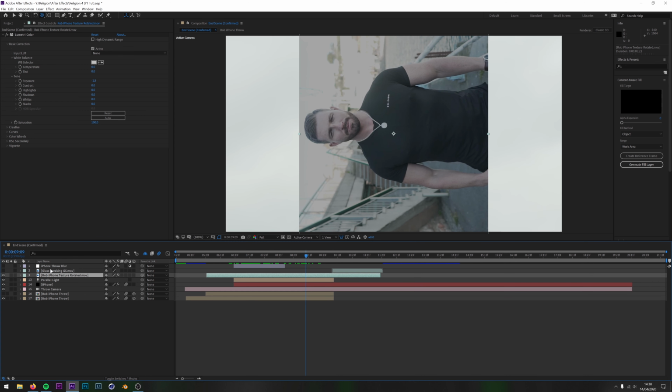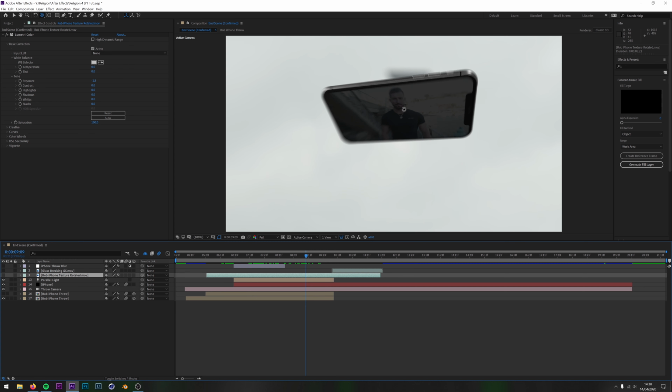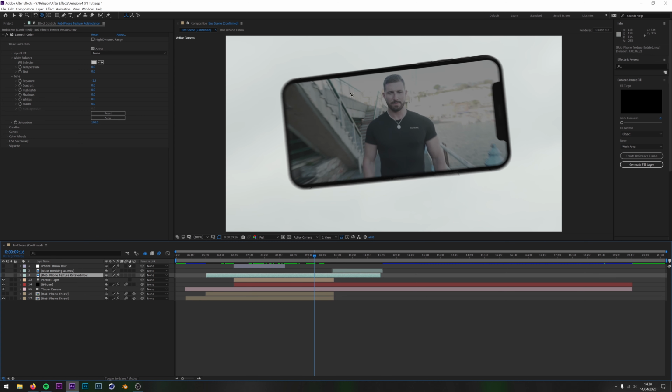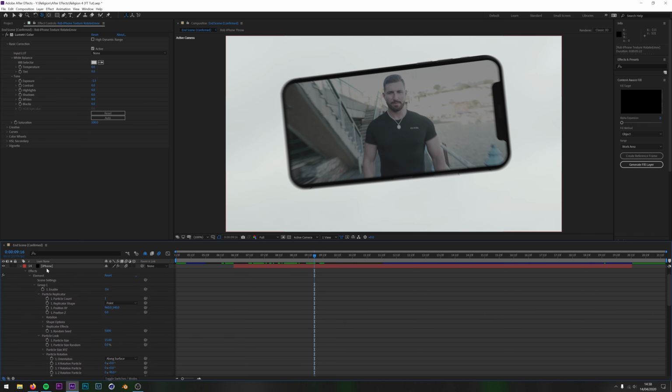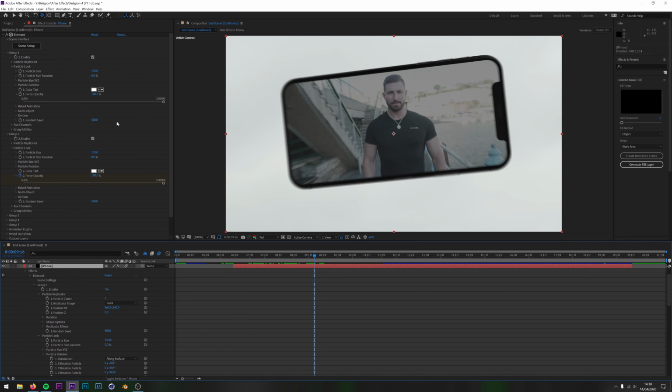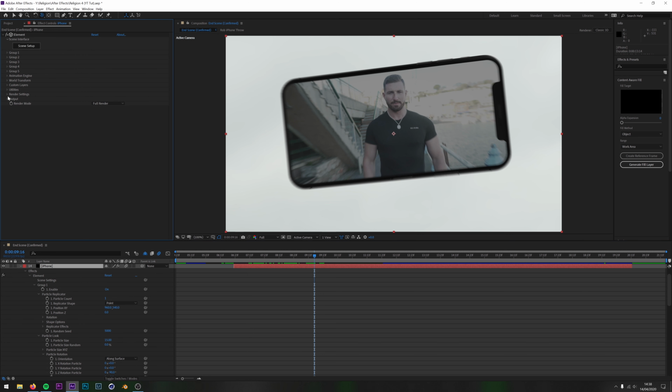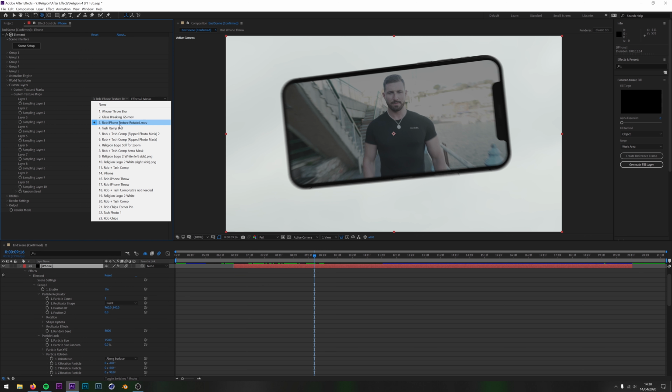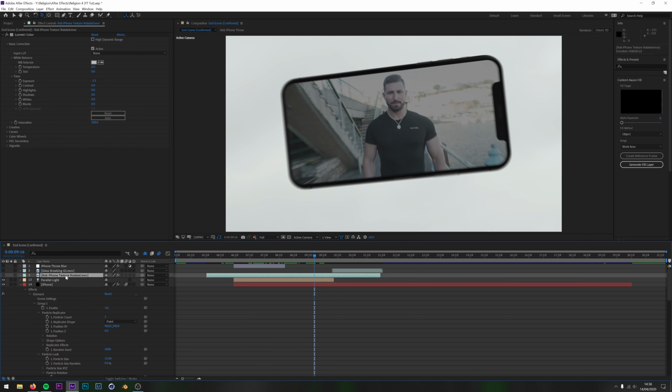It's not going to give the effect that I want. But the reason why this is here is because this is the texture for this. All right. So the way I actually got him in the phone is if you come down to your phone, which is the Element 3D, and then come down to where it says custom layers, you have an option here for custom texture maps. And I can actually load a custom texture map into each of these slots. And I've chosen to load in Rob iPhone Texture Rotated, which is this.